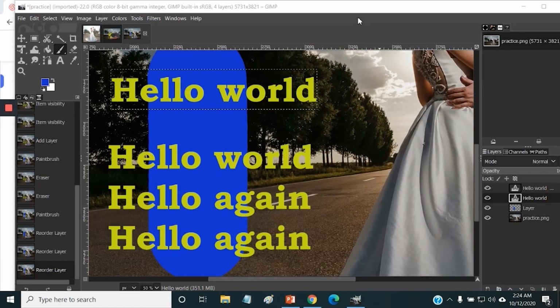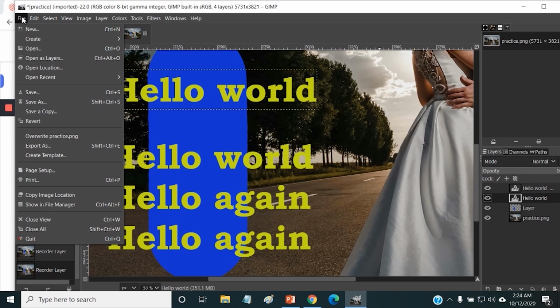All right, so let's discuss saving, exporting, and printing an image. First, saving. Just like most programs, you can do Control S, or you can go to File, Save, Save As. If you haven't saved before, saving will do the same thing as Save As and force you to name the project. So if I go to Save,